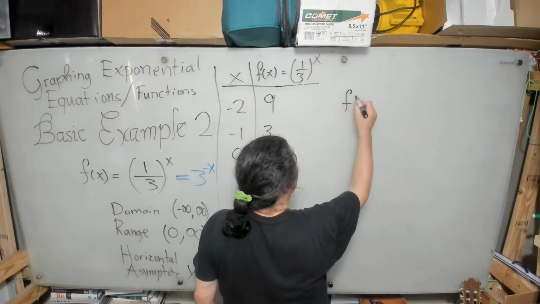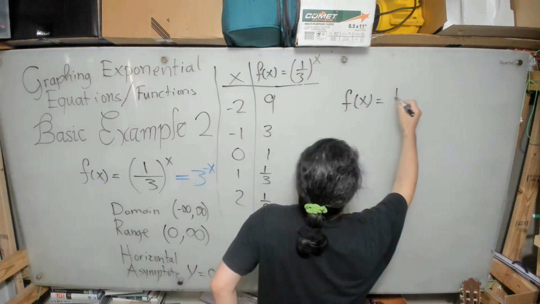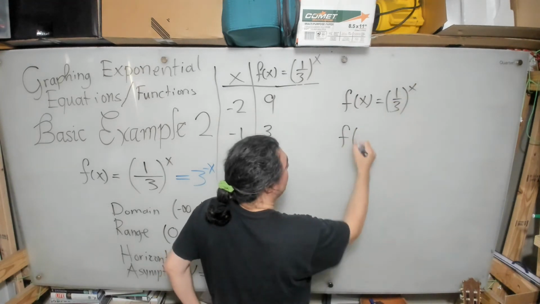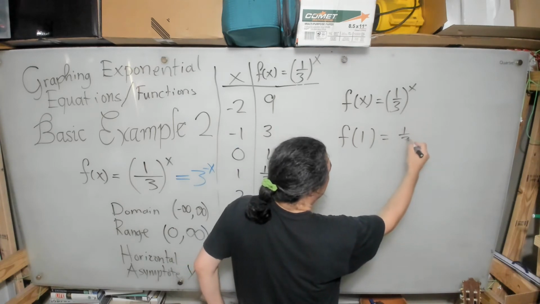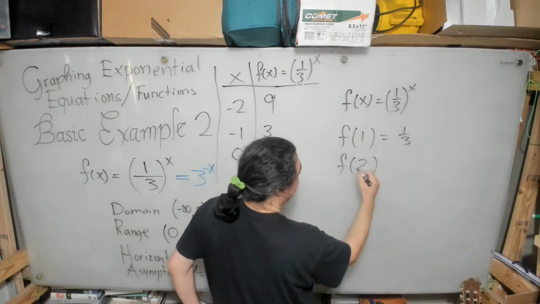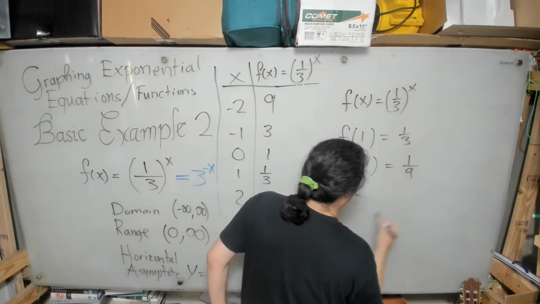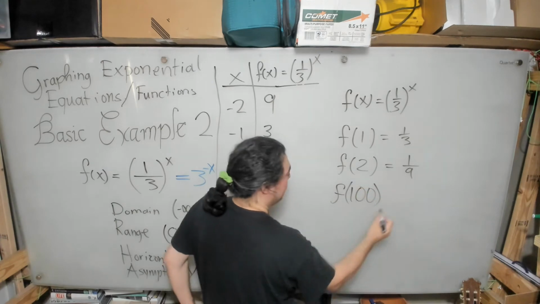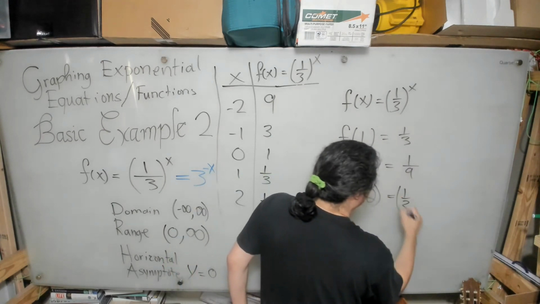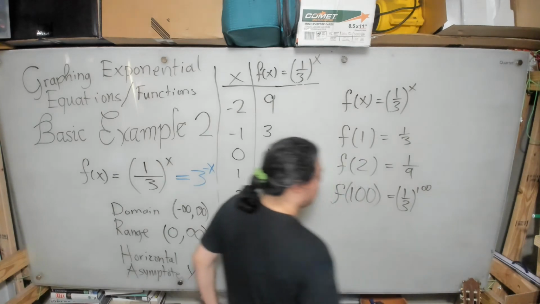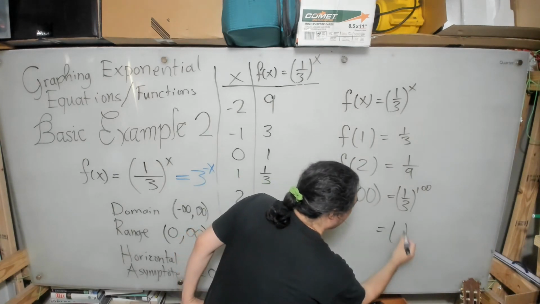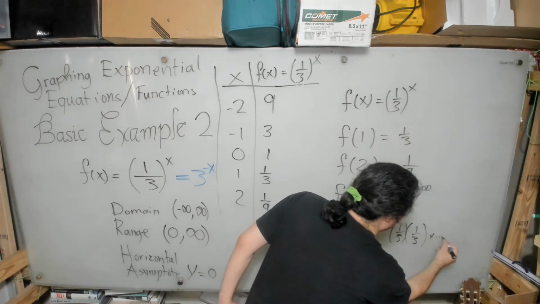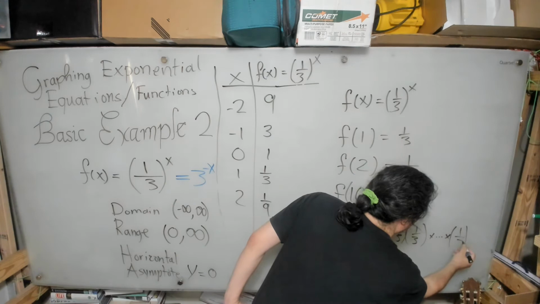And so let's look at this together. I have f of x equal to 1 over 3 to the x power. We already know that f of 1 is 1/3. We know that f of 2 is 1 over 9. But what is f of 100, for example? That's going to be 1 over 3 to the 100th power. So I'm going to have 1/3 times 1/3 times 1/3, and so on, with 100